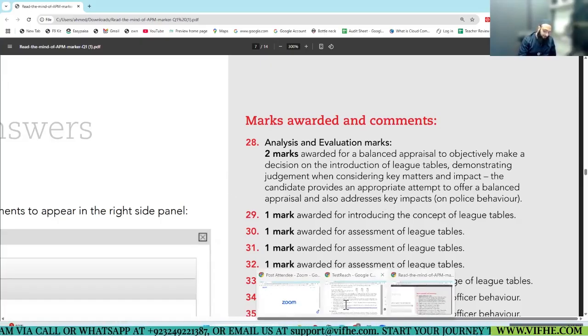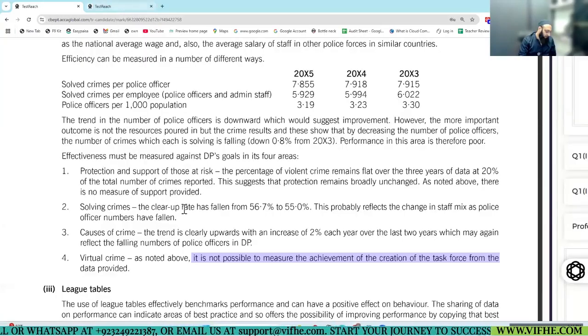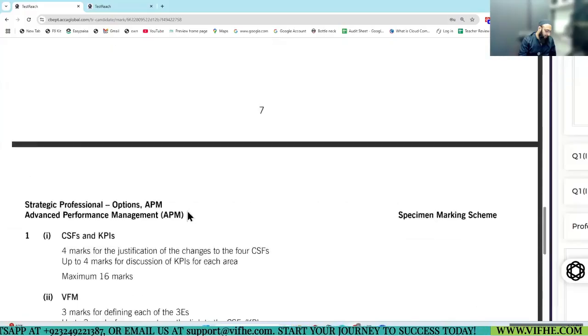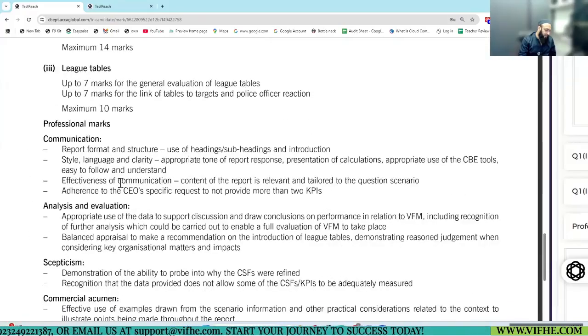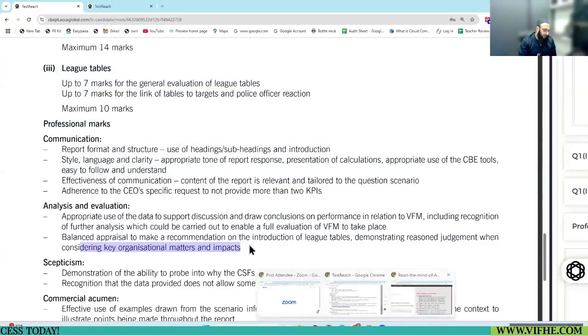Understood? So specifically, this was about police behavior, key organization matters and impacts. Done.